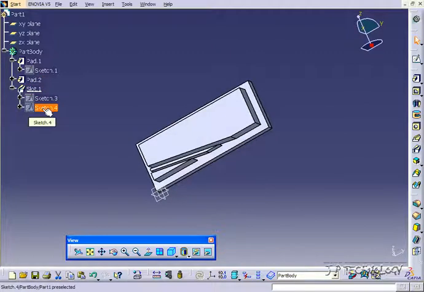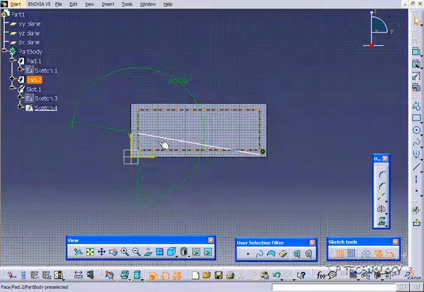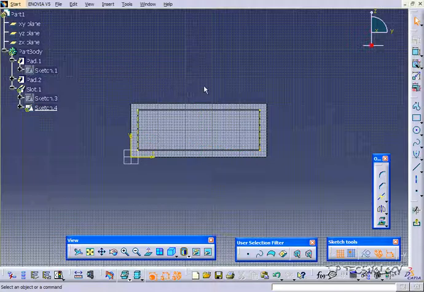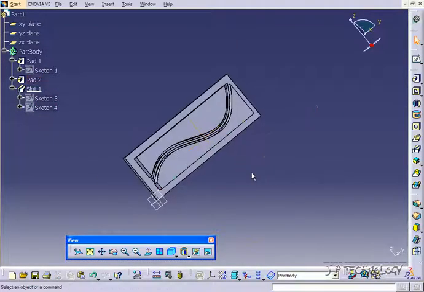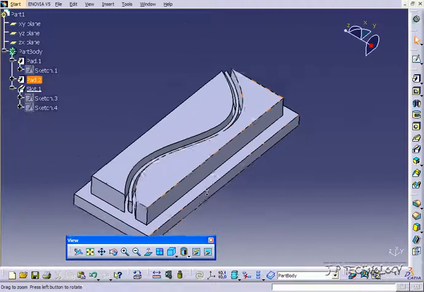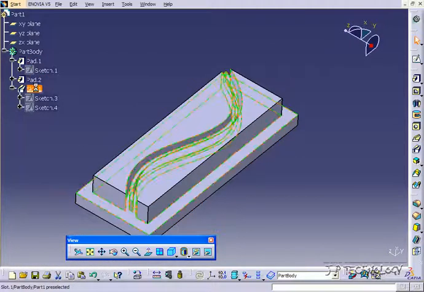Now let's go into this path one more time. Let's delete this line here. And let's put more of a curve, more organic cut to it. So with the spline tool, just go and make a nice curve all the way around. And we'll go back, and it'll automatically go along that curve that we made for it. Now let's delete this slot,